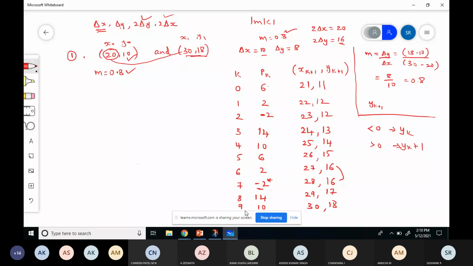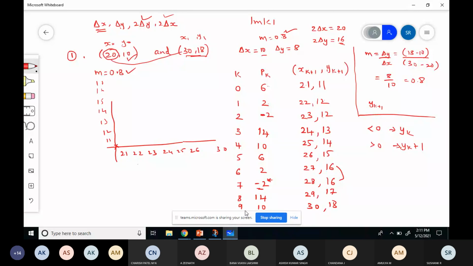So the same thing, you can plot it on this. You can plot these positions on the graph also. So you can take x coordinate from 21, 22, 23, 24, 25, 26, like that till 30. And y also you can start from 11, 12, 13, 14, 15, 16, 17, 18, like that. If you take this as origin, it will be 20 comma 10. So you can take it from this point.